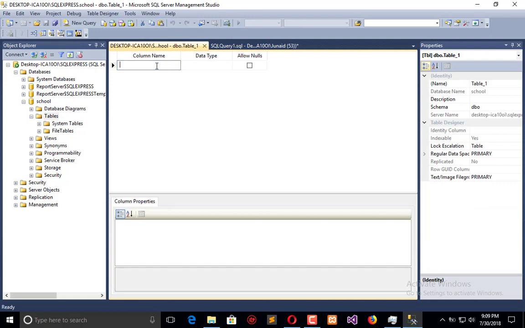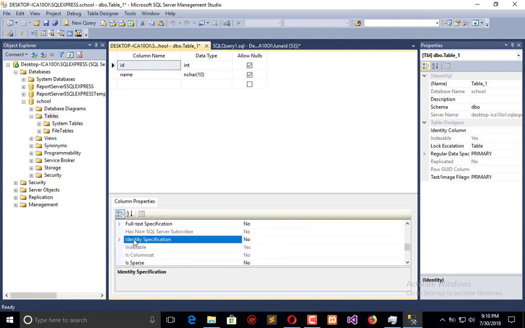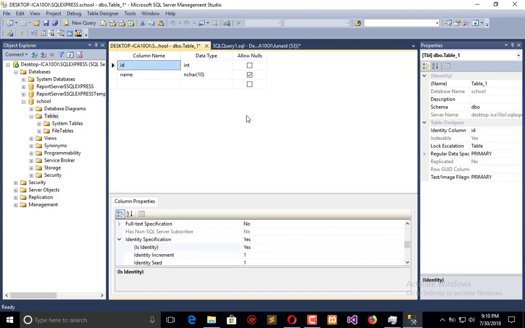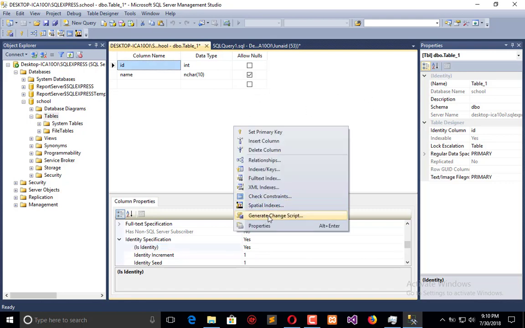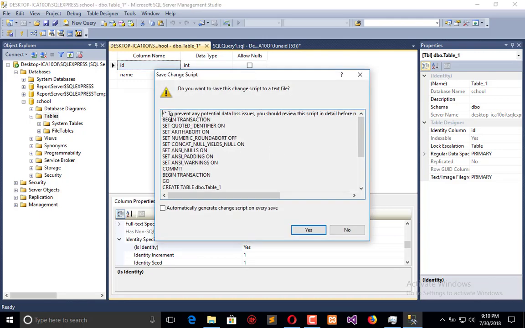Let's do that. I will say id, type is int, and name as nvarchar 10. Okay, both are allow nullable, and click here to make it identity. Here we have identity specification, here identity is yes to make it primary key, and now click here and click on generate change script and copy this